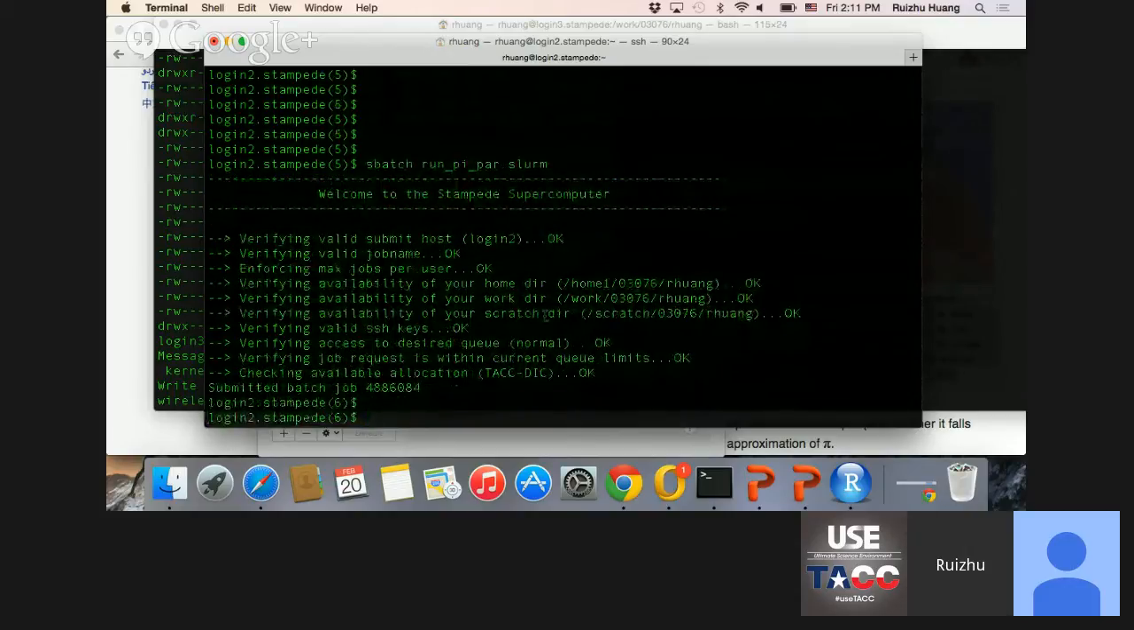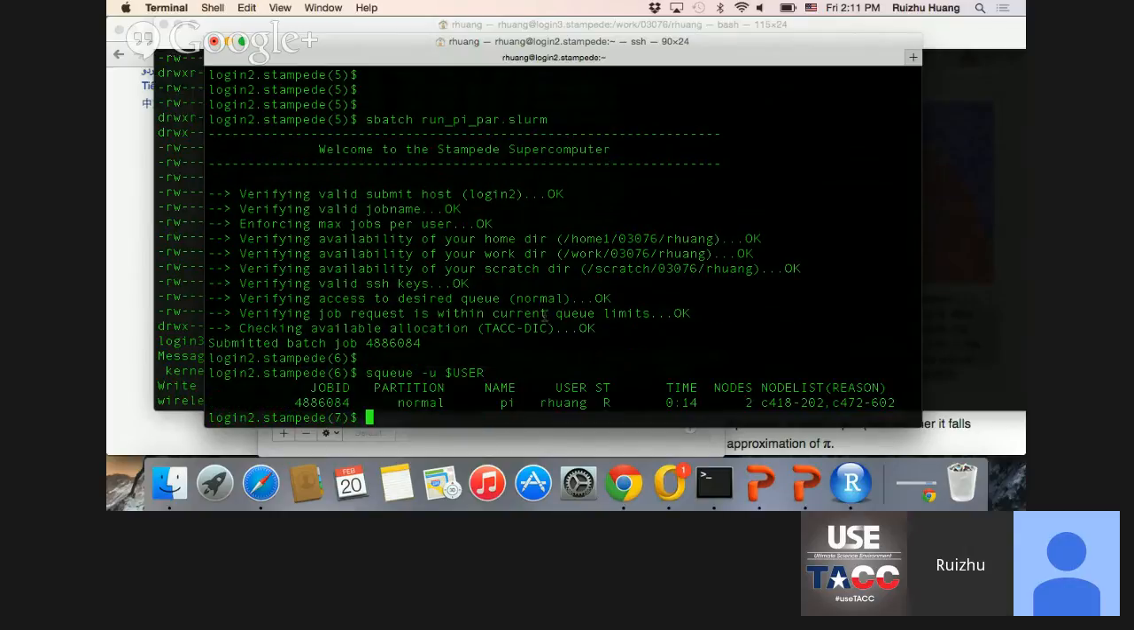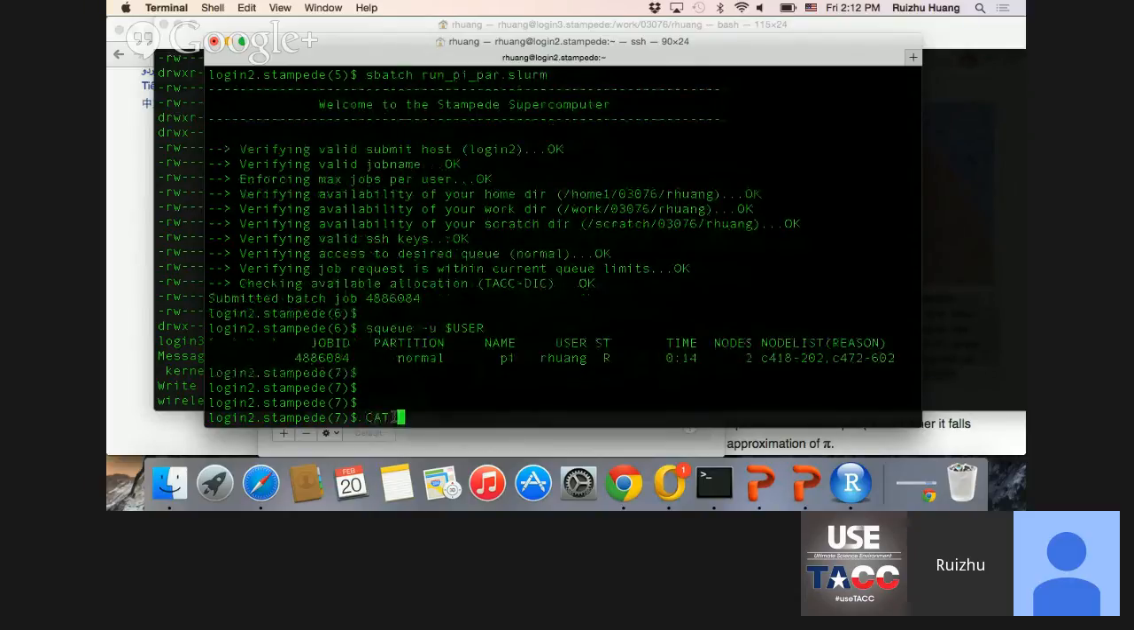And then when you type squeue, you can see it's actually running on 2 nodes. The first node is 41A and it's 202. You may have a different number, a different node. So these are the 2 nodes that are running. And then you can see the process ID here, the job ID. And then if you want to see the result, just cat